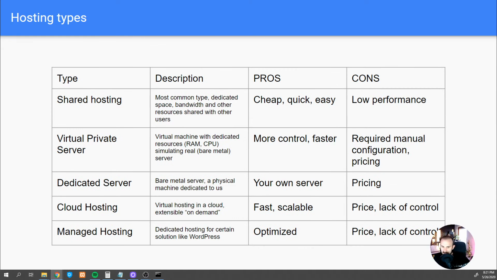So this is what shared hosting basically is. You're buying a piece of space which is commonly used with others, and this is a very good starting point because it's very cheap. It's basically the cheapest. But on the cons side, because it's shared, you never know how this computer